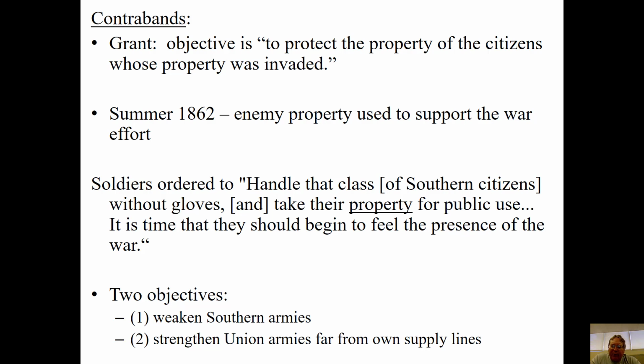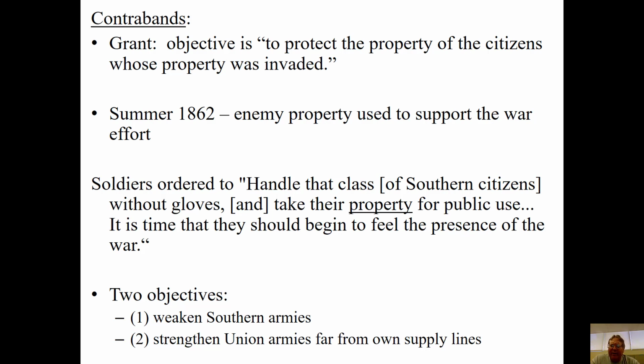As Northern armies go farther and farther into the South, the one group of people they can count on helping them, showing them how to get someplace where the Southern troops are, are runaway slaves, right? Black Southerners are going to help the Union, help find supplies for them, help tell them the right way to go, be guides for them, right? They are an incredible resource for the North, and the North starts utilizing it here by 1862.